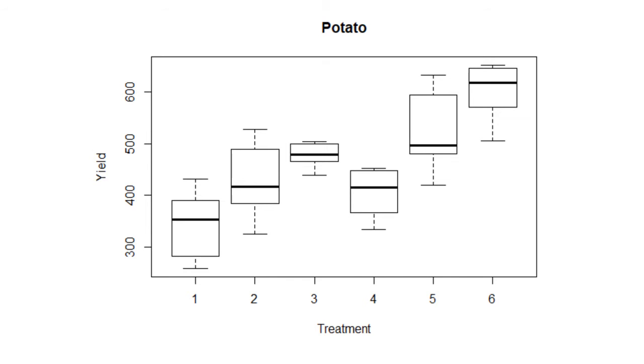The box plot for the potato experiment does not show any outliers, so we can now analyze the data. We can see from this plot, treatment 6 has the highest mean yield and treatment 1 has the lowest mean yield. Once we check the data, we can run the one-way ANOVA, the null hypothesis,